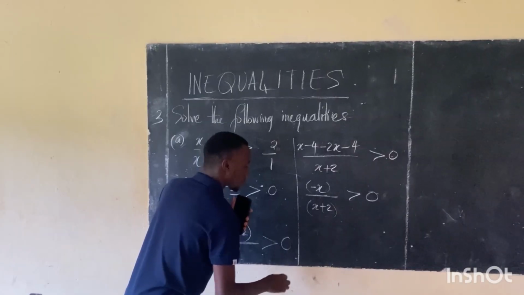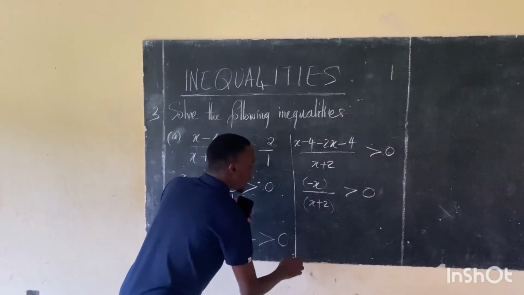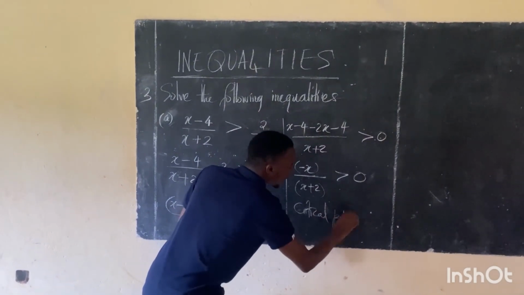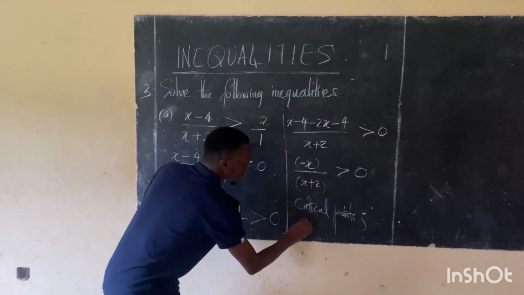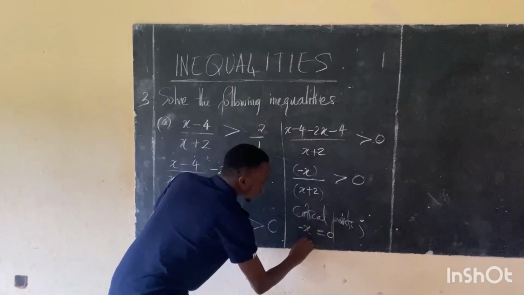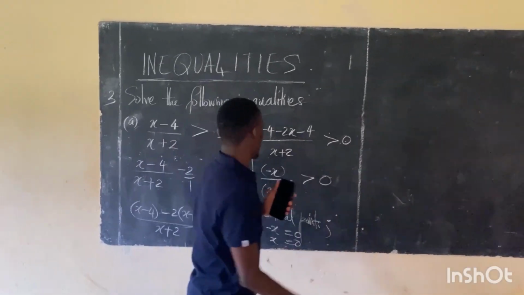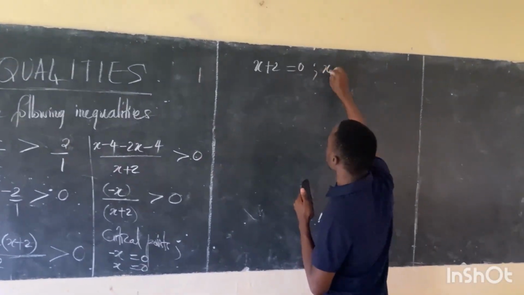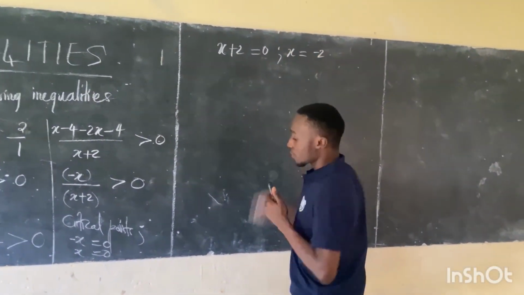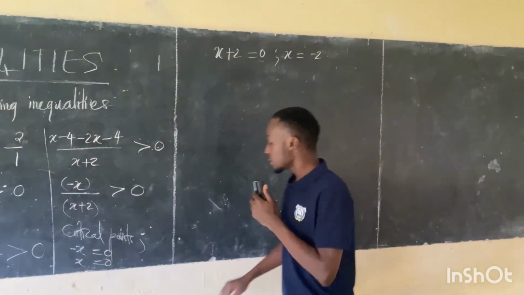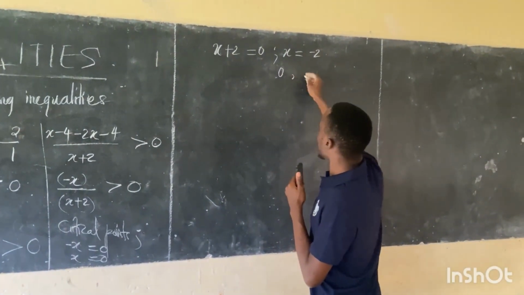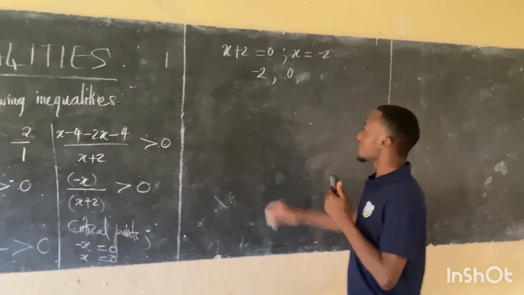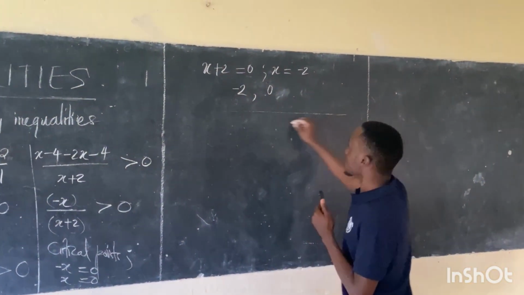Otherwise, you can leave it as it is, and we say that we are looking for critical points. It is when the -x is equal to 0, this makes x equal to 0, and when x + 2 is equal to 0, this makes x equal to -2. So our critical points are 0 and -2. We write them in ascending order. So from this we shall draw our table